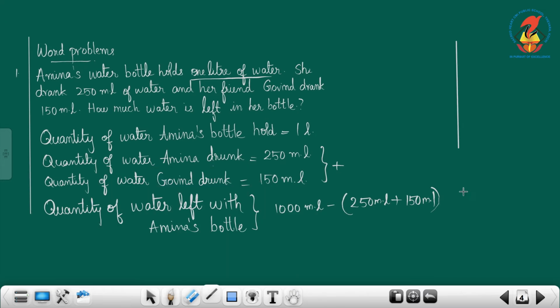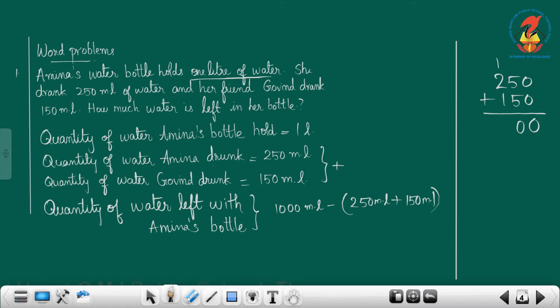So do this in a working column. First of all, add the numbers together, 250 plus 150. Where can we start the addition? In the ones place. What are the numbers in the ones place? 0 plus 0, 0 plus 0 is 0. Then 5 plus 5, 10. 0 written down and 1 is carried over. Okay. Then 1 plus 2, it's 3. 3 plus 1, it's 4. So 400. So what is the next step?